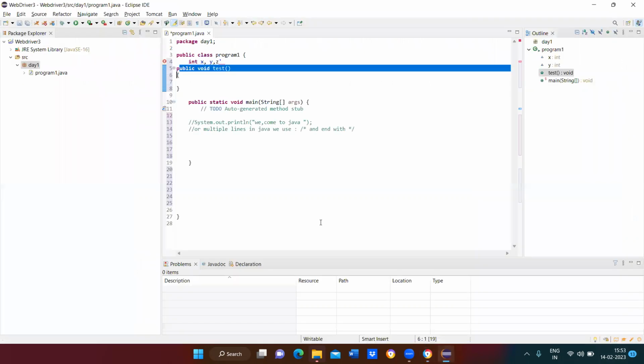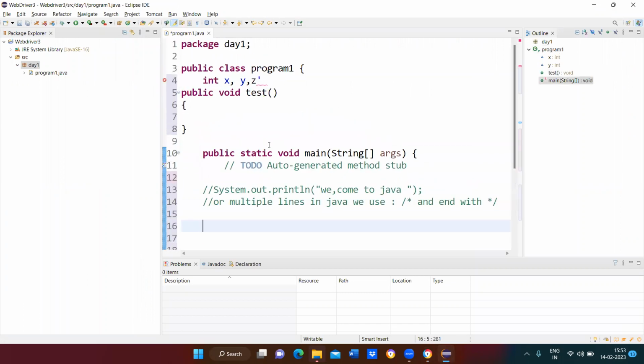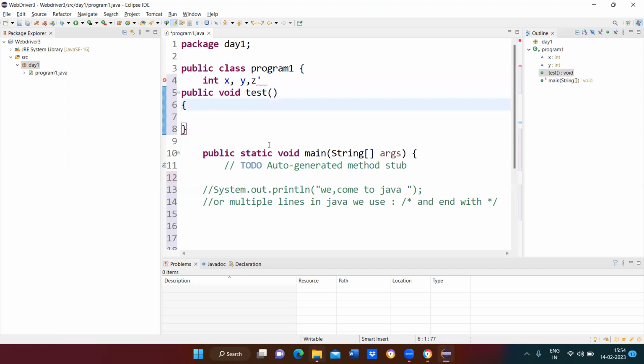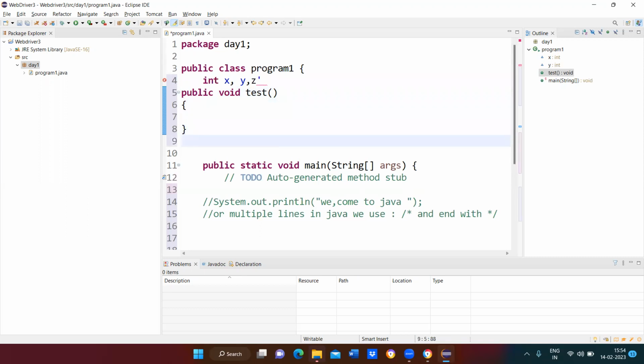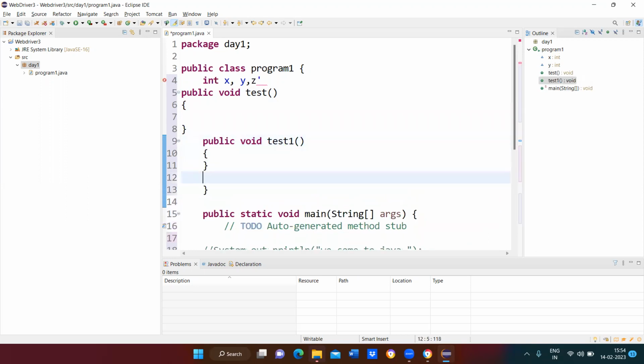See, for example, now one method is there, with variables x, y, z. And one more method I'm creating, public void test1. Now open braces, close braces.